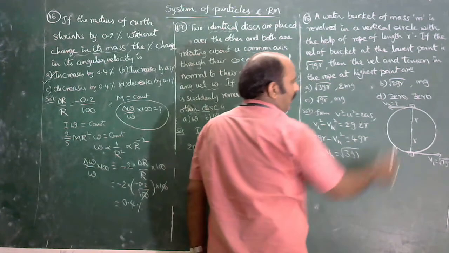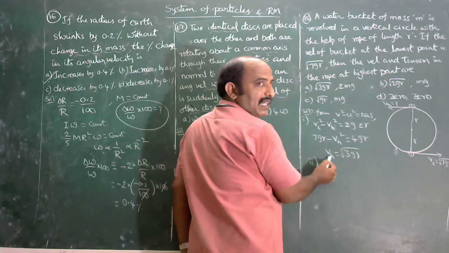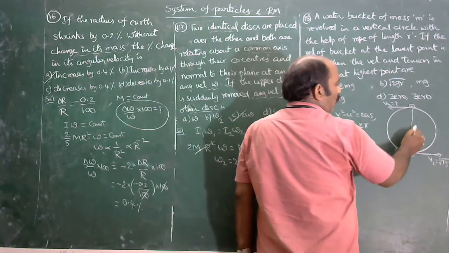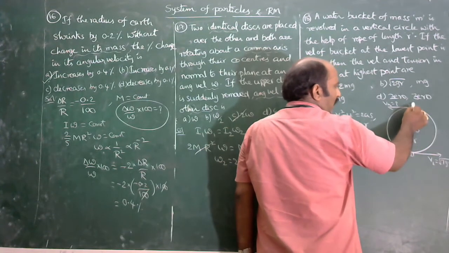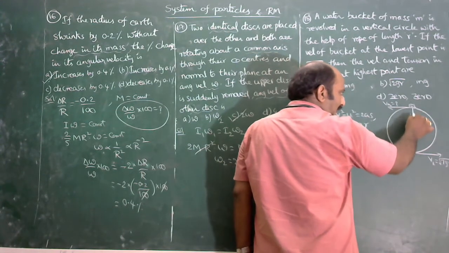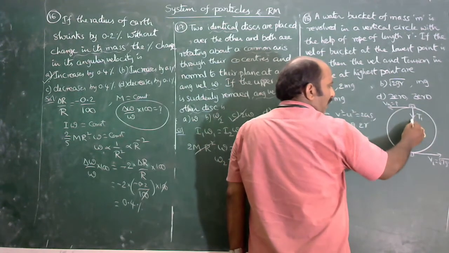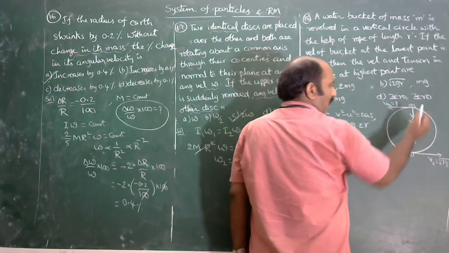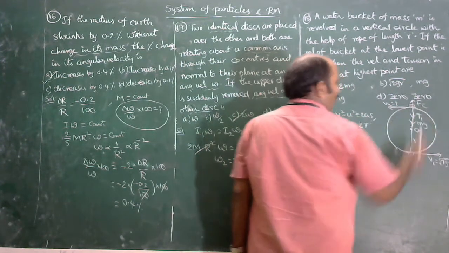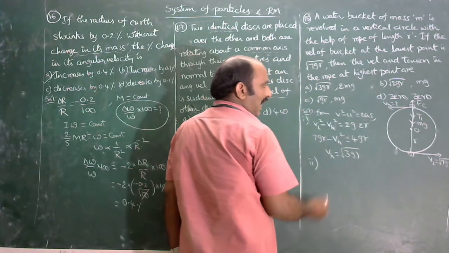Also find the tension value at the highest point. This is for velocity at the highest point. Now we find the tension value. You know, tension is always towards the center. At the highest point, the tension is towards the center, that means vertically downwards. Say this is T1. And the weight of the body, mg, is also vertically downwards. And in the upward direction there is a centrifugal force. So now the body is in equilibrium at the highest point. That's why the forces are balanced.